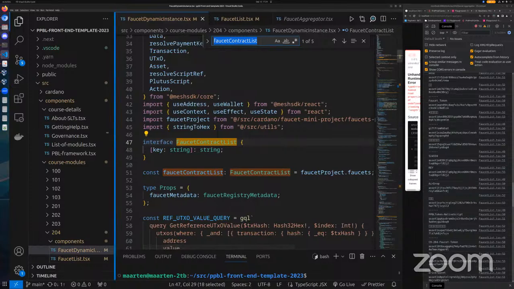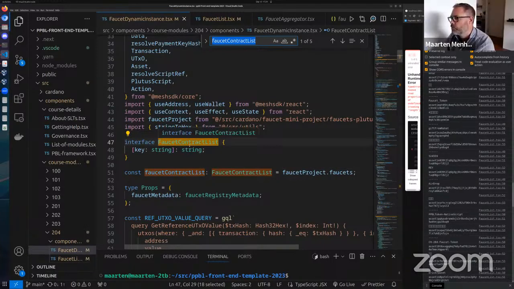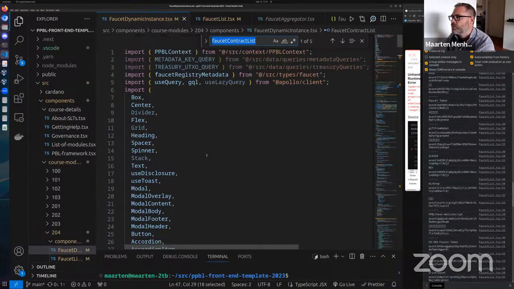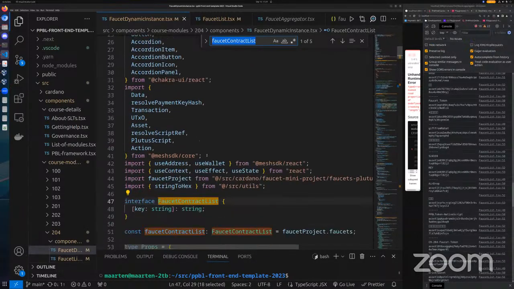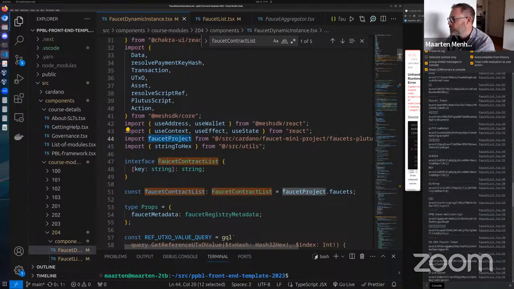But where is it being imported from? It was around line 44. Oh, it goes to faucet.